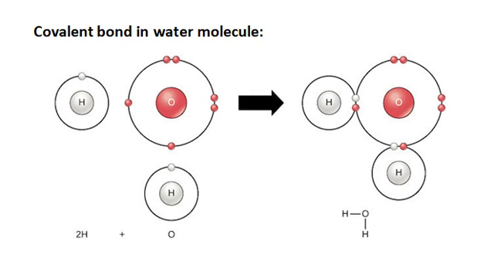In the water molecule, two hydrogen atoms are covalently bound with one oxygen atom. Oxygen has 6 electrons in its outer shell. It requires 2 electrons to become stable. Hence, it shares 1 electron from one hydrogen atom and another electron from another hydrogen atom, resulting in a stable water molecule.